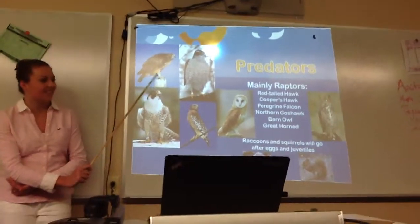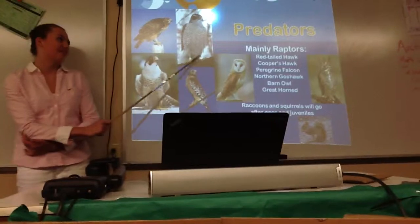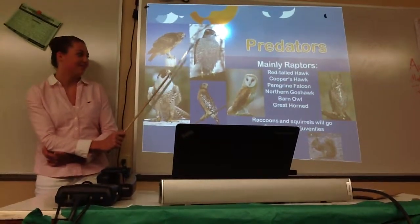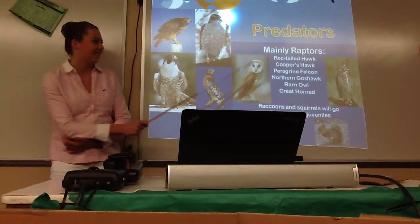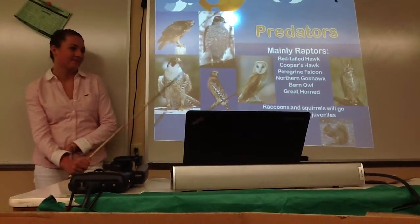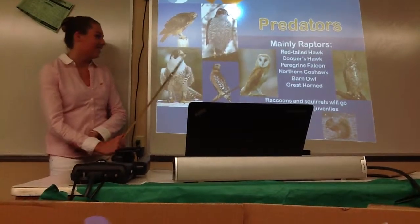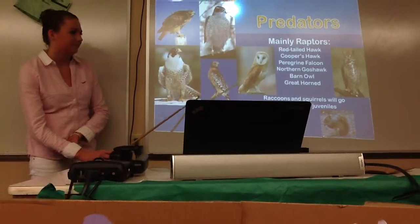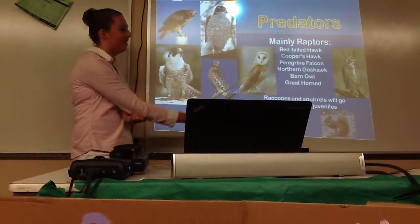Weston, do you know what this is? Red-tailed hawk. Good. Does anyone know what this one is? A hawk or an eagle. It's a goshawk. Yeah. Does anyone know what this one is? A hawk. Okay, this is Cooper's hawk. It's a peregrine falcon! And then this one's a Cooper's hawk, and then barn owl, great horned owl,